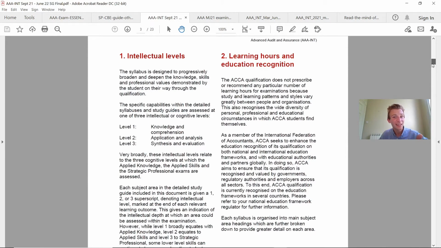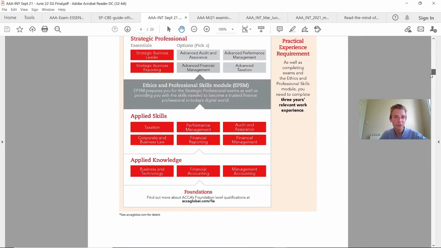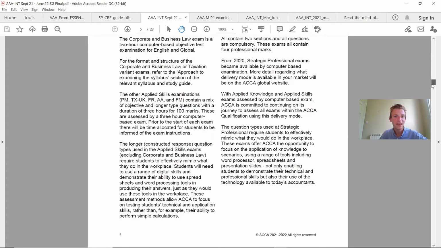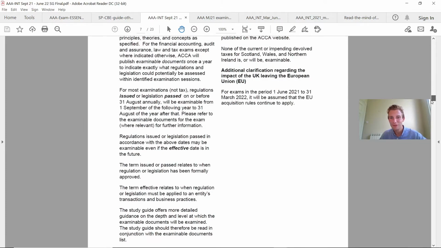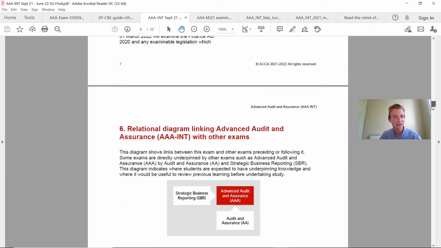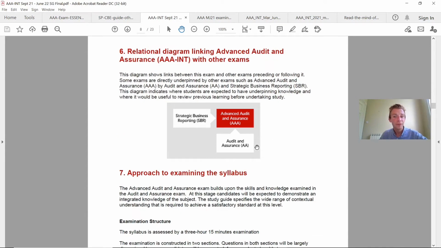Again, I'm only going to highlight the key important things I'll be having a look at. On here it's telling you the breakdown of all the systems, what ACCA stands for, and the guidance on the exams. But the first one here is what it is in relation to. So we saw for that first one, essentials on one page, the underpinning knowledge of SBR and the usual audit and assurance papers.